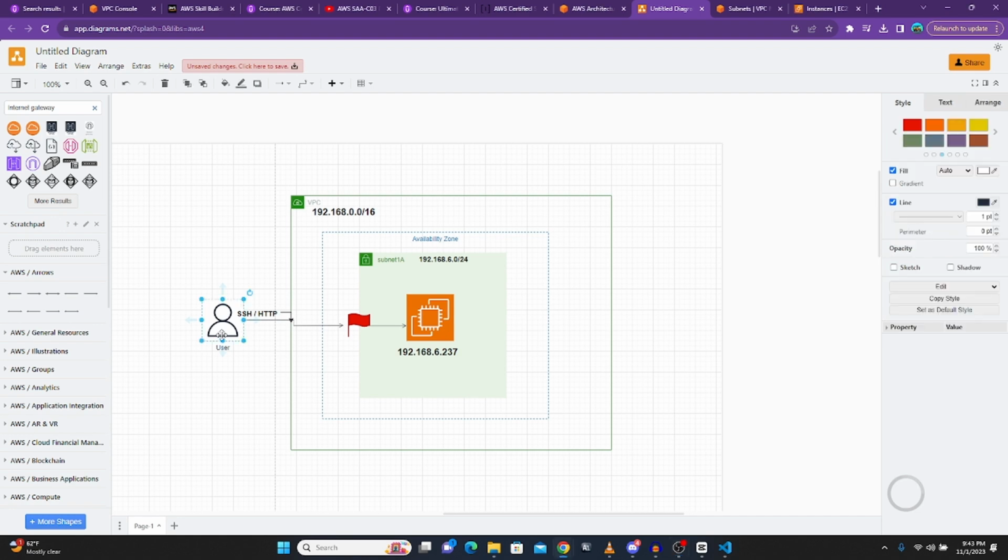So here you can see that this user is trying to SSH into the EC2 instance, but the person gets hit with a red flag